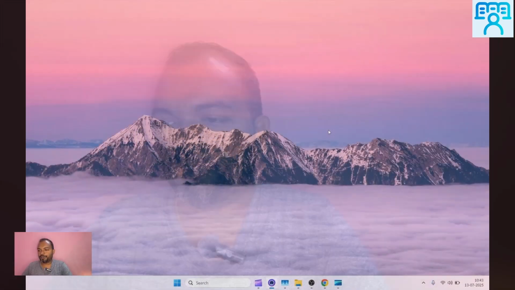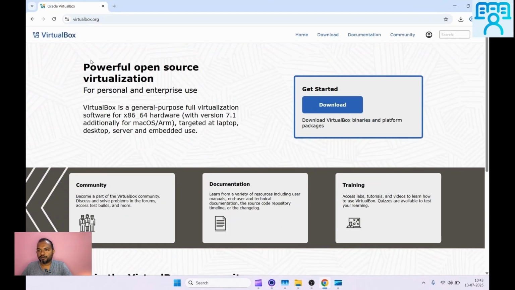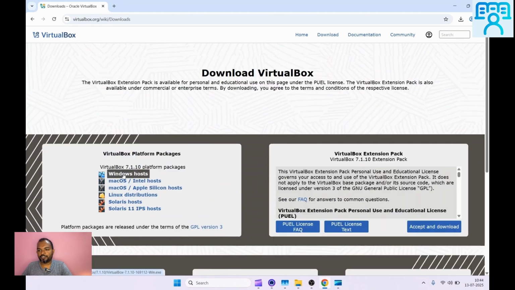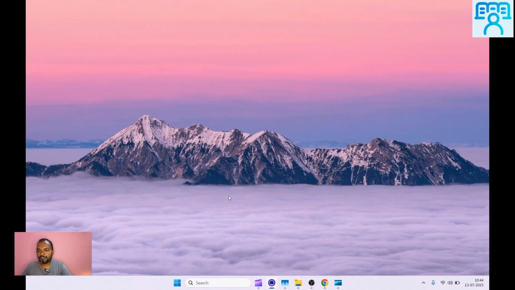How to download and install Oracle VirtualBox on Windows 11? Open the browser. Go to the virtualbox.org website, click Download packages, click Windows hosts, open the VirtualBox exe file, click yes,